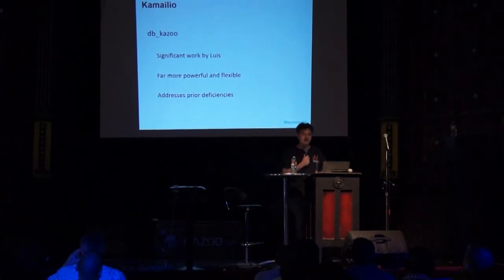But again, when we went to enhance it further and build out the end goal, we found that it was lacking. So thanks very much to Luis, who did a tremendous amount of work. We have actually refactored dbKazoo significantly. And now we have addressed the major pain points in the previous module, the most pressing of which being